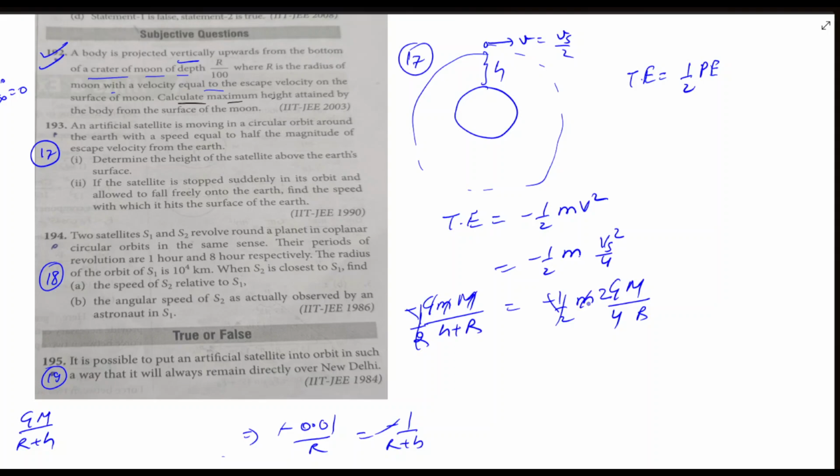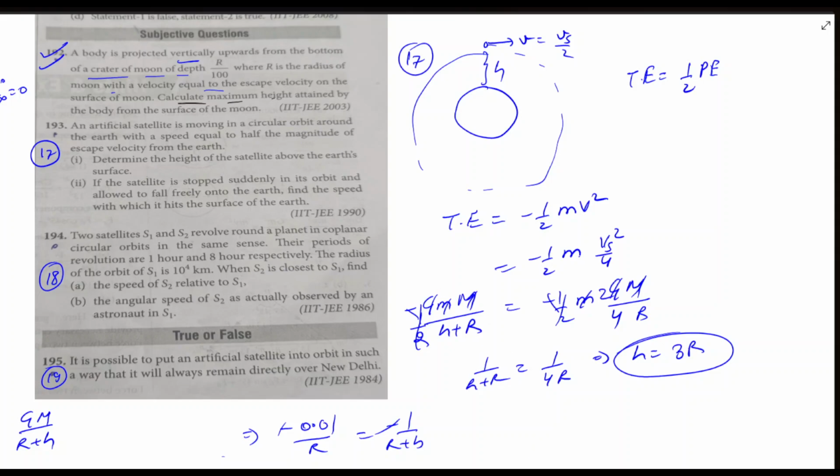GMM will get cancelled, and we have 1 by H plus R will be equal to 1 by 4R. So simply H will be 3R, right? So H will be 3R, the height of the satellite above the Earth surface,